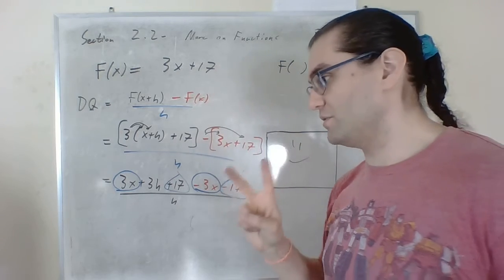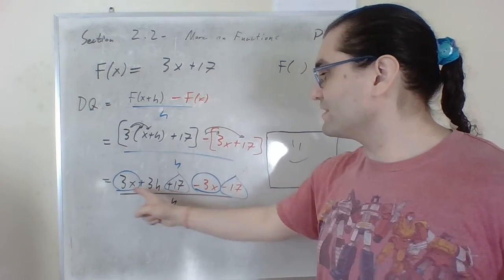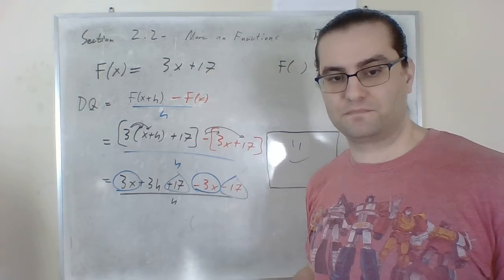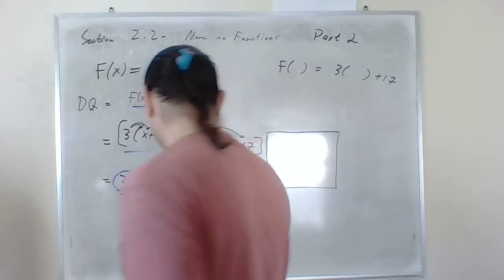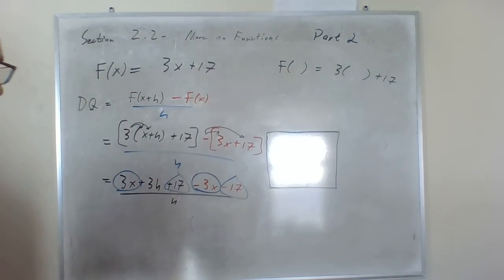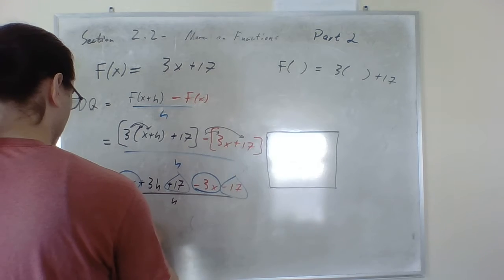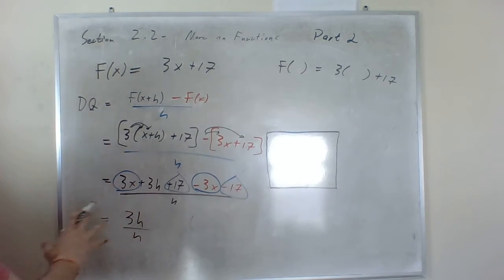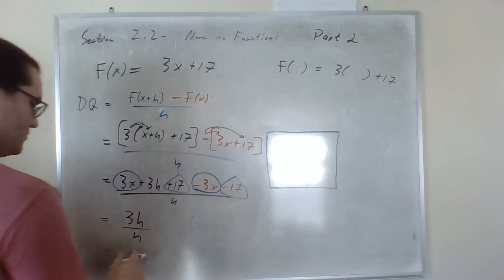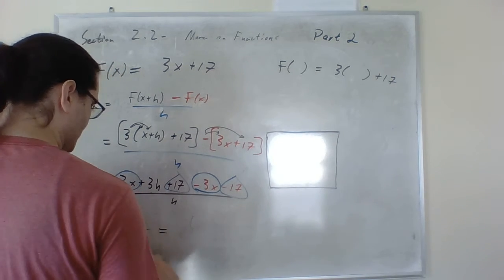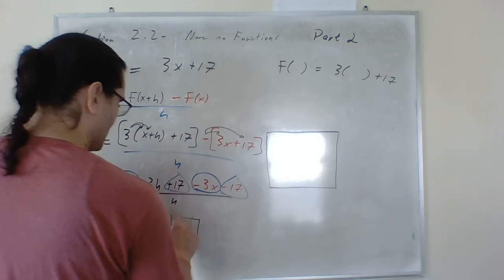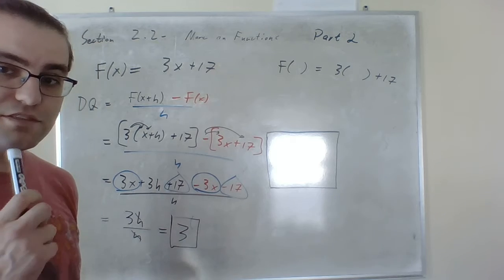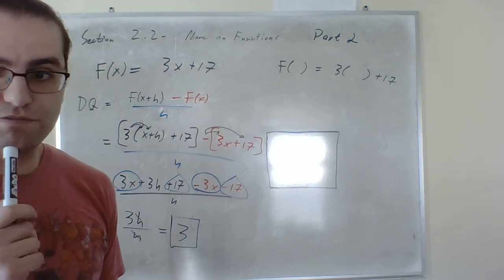The second check we should do is that everything that's left on top should have an h in it. And again, it does. We have a 3h. That's the only thing left on top, and it has an h in it, and we're good. Now that the only thing left on top has h in it, we can cancel this h from the bottom. So the difference quotient of this function is 3,